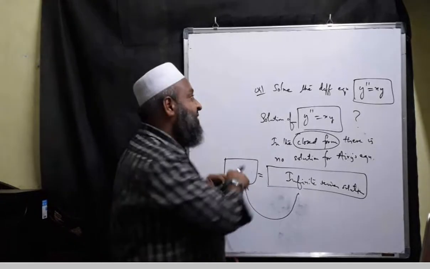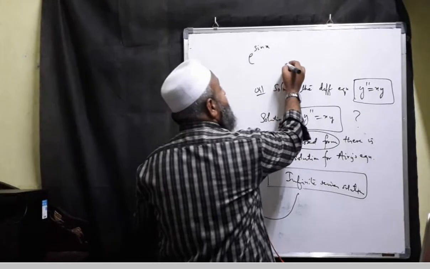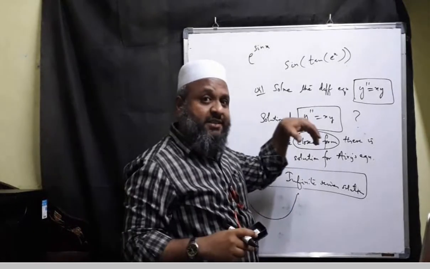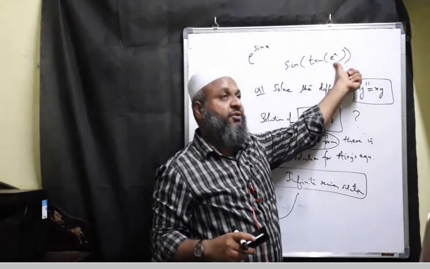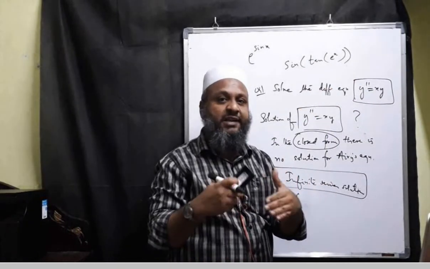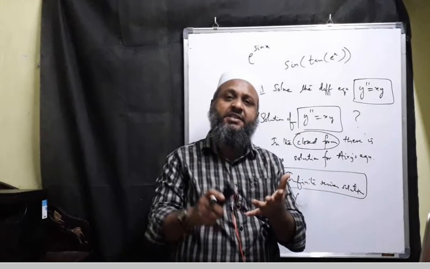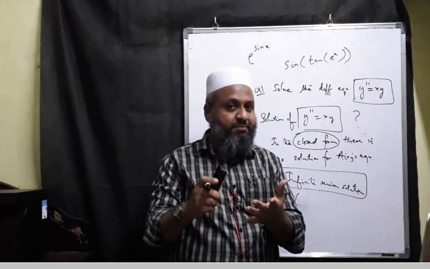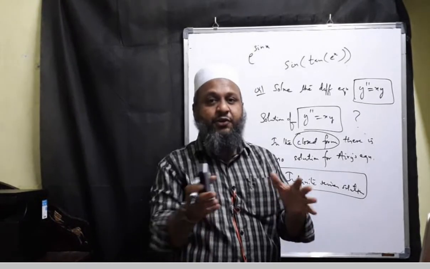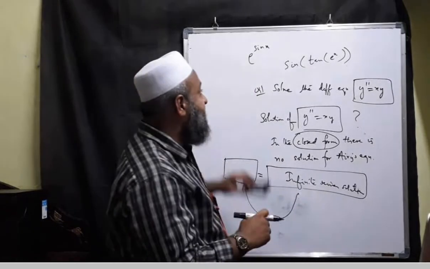For example, e to the power of sin x is also treated as a closed form. I can write sine of tan of e to the power of x. This is using the exponential function e to the power of x, then applying the tan and then applying sine. So I am doing some compositions of the functions, but I have done it only 3 times. So if I do compositions, additions, subtractions, division, multiplication, taking the square roots, whatever well-known operations we know, if we do it a finite number of times, the resultant expression, we call it a closed form expression. I hope you got the point.